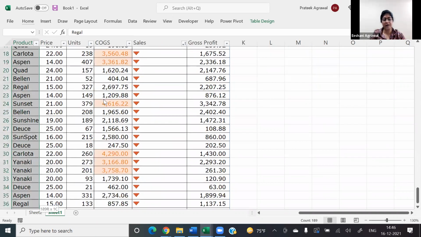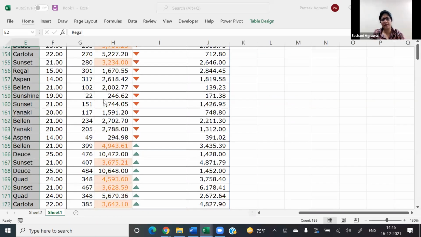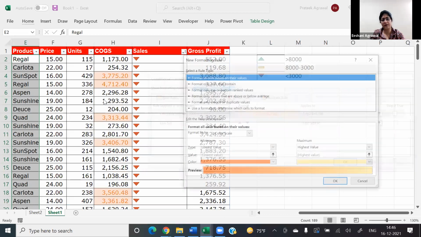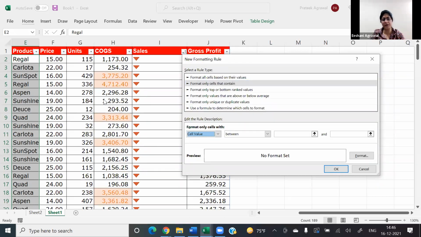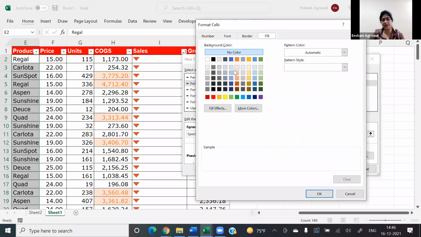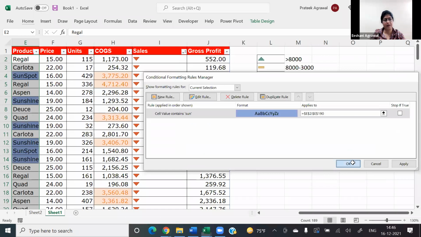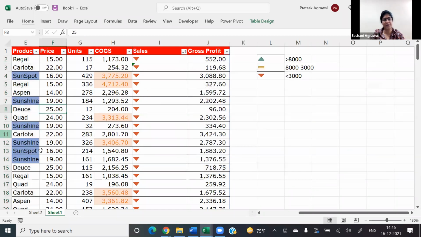Similarly, let's put in a new rule. I'm going to go to the second rule, go to specific text, containing the word sun. I can format, and let's say I want to give this color blue and click OK. Click OK. So all the cells with the word sun have been highlighted. Is this rule clear? Very straightforward, simple rule. Yes, Ishani. Yes, yes. Okay. Next is